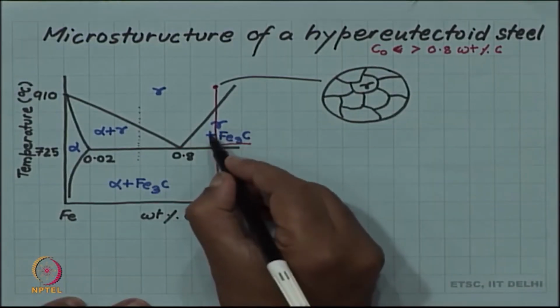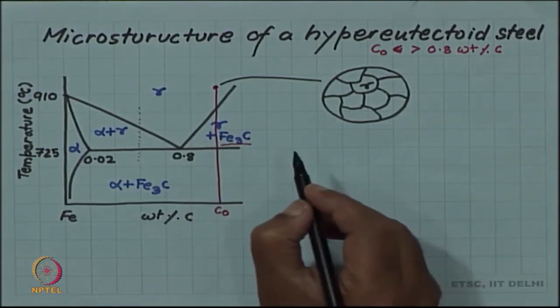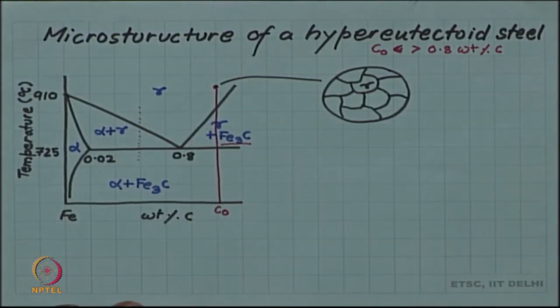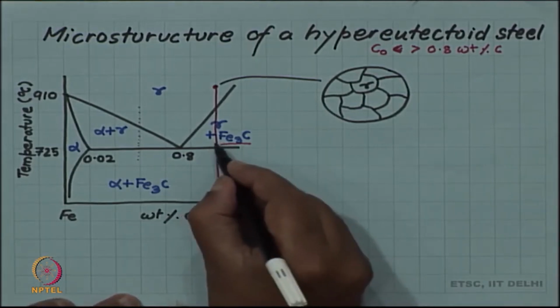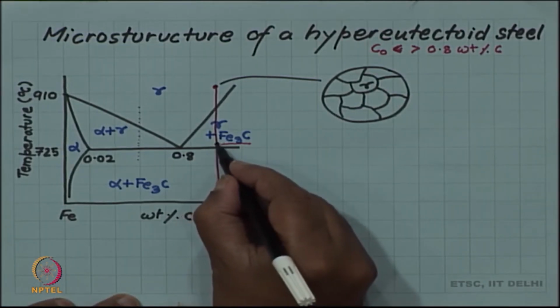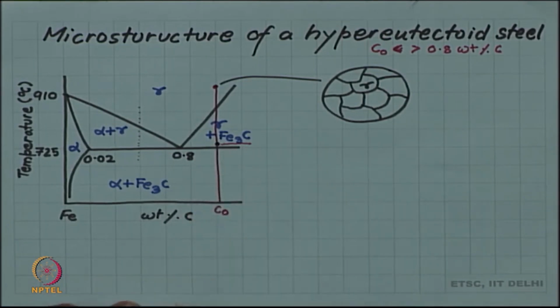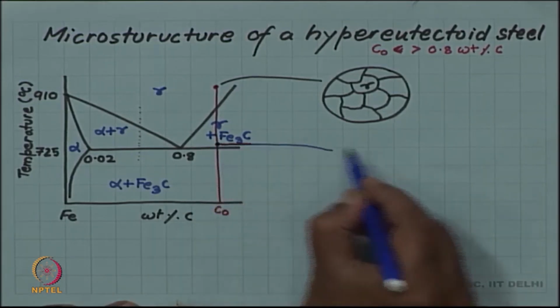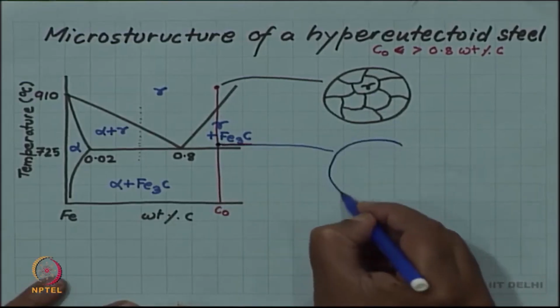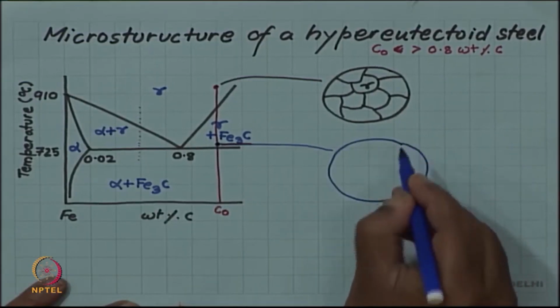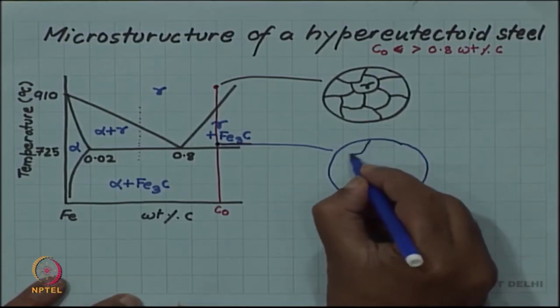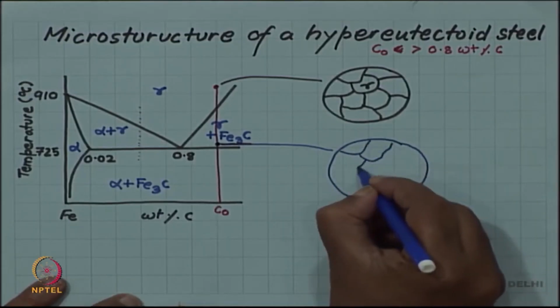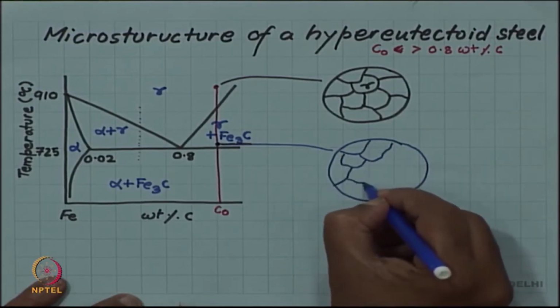But then when you enter this gamma plus Fe3C region, you will start having Fe3C forming. So, at a temperature somewhere there, you have gamma,